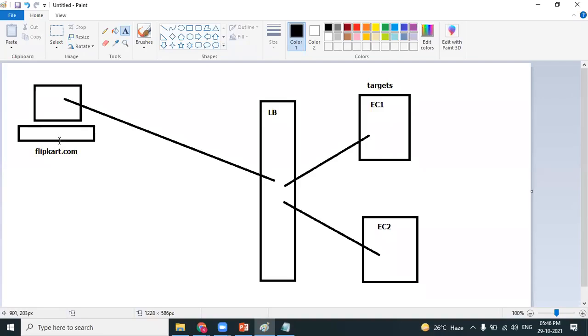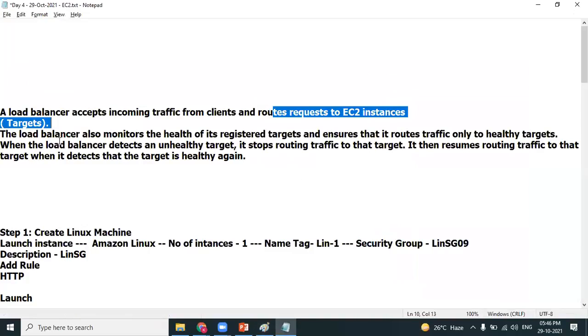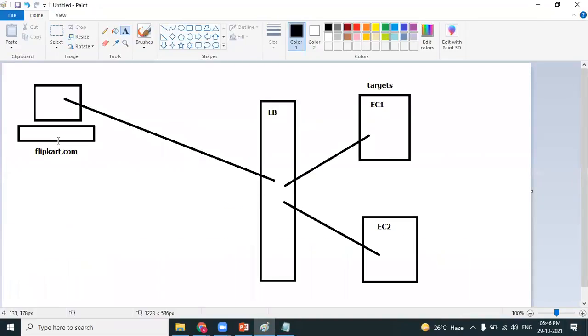That's the first responsibility: as the name suggests, balancing the load. In an interview, if they ask about the load balancer, as the name suggests, you can immediately say it will help in balancing the load. There will be multiple targets, and the load balancer will distribute the traffic to the multiple targets, so that we can avoid downtime. That's the first functionality. The load balancer also has a second functionality.